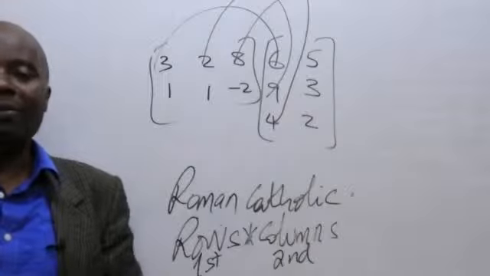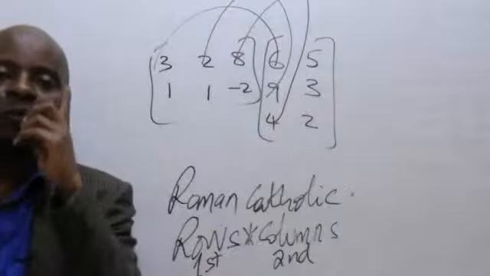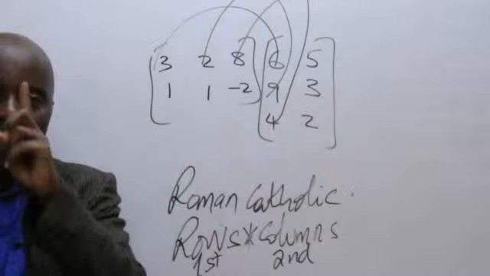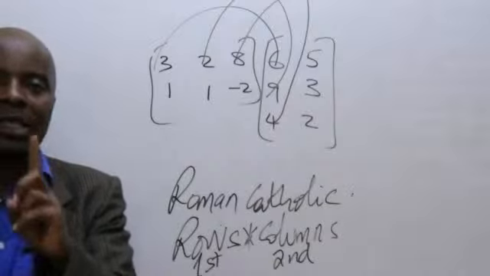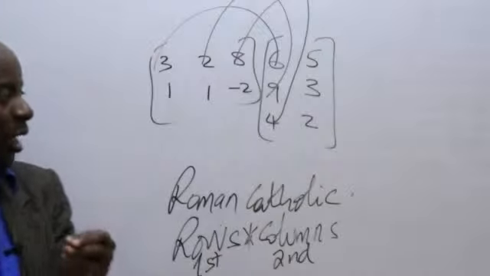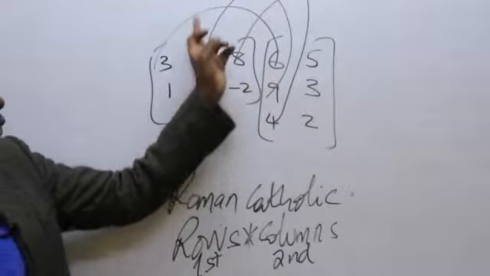Remember, a row and a column must give me only one figure. And to ensure that I'll get only one figure, I must keep on doing what here, somebody? Adding the resultant multiples. So the first ones multiply, this will be 3 times 6, plus 2 times 9, plus